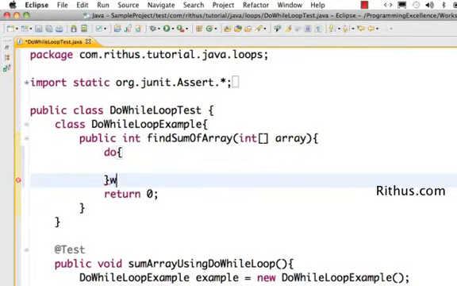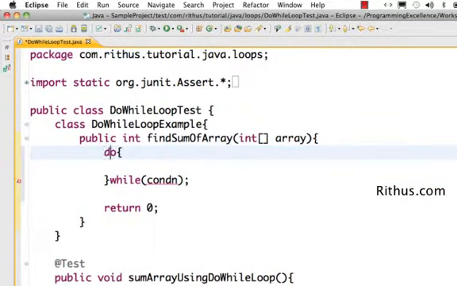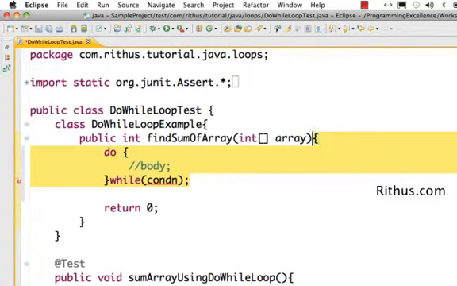The syntax looks like this: you have the keyword do and an open brace, and in between is the body of the do while loop, and then you have while and the condition inside brackets. This is the syntax of a do while loop.